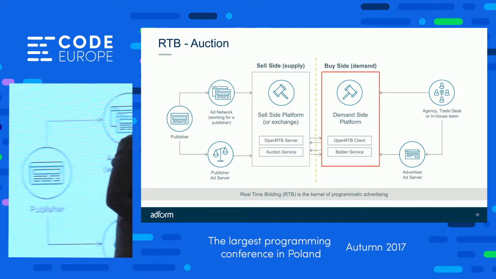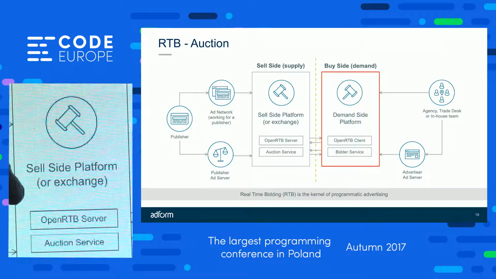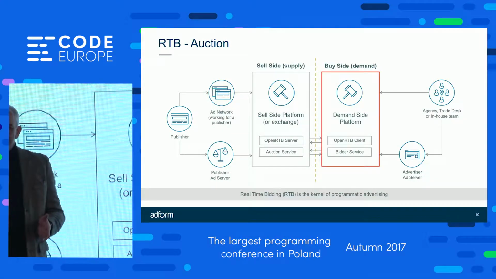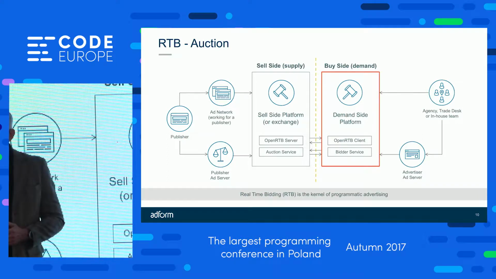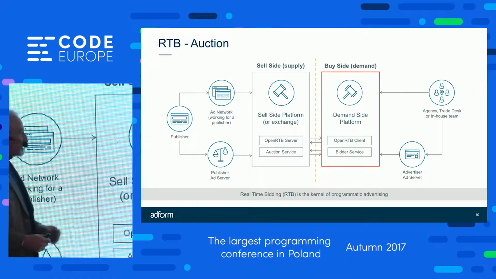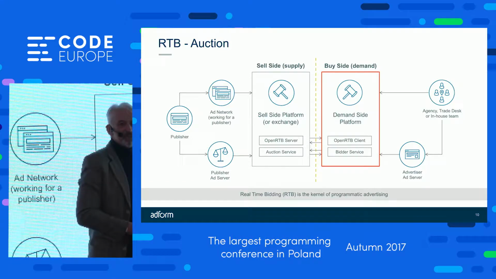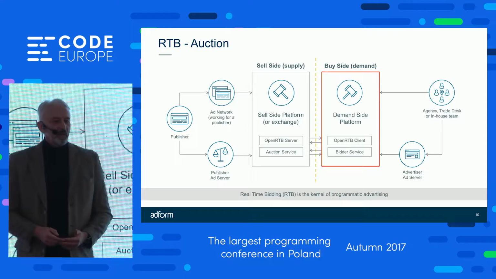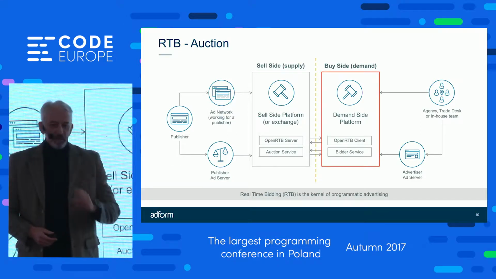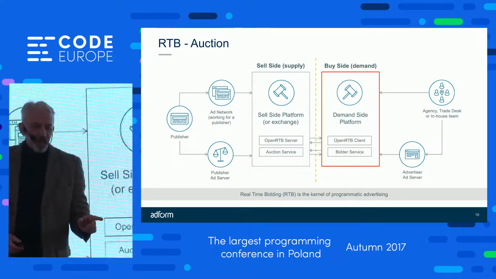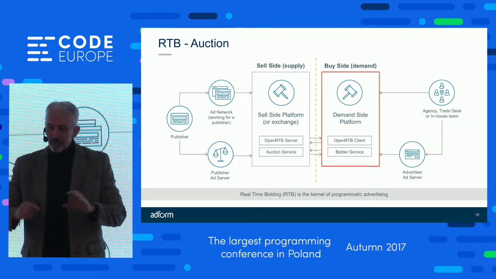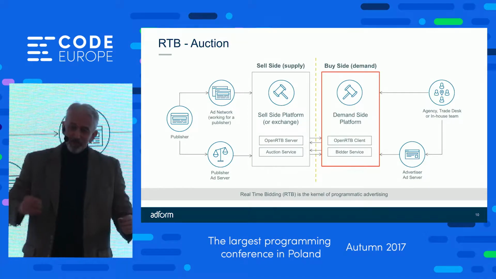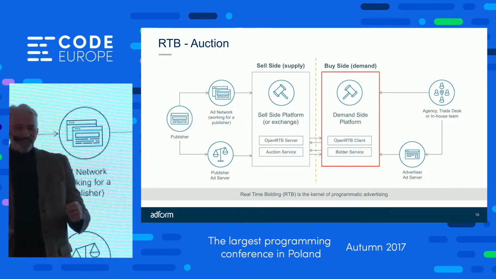On the demand side, this is where we, Adform, and lots of other people receive a bid request. So there's an auction going on in the exchange, and we bid on it. So we get some information about you, like the cookie or the IP address that you have or something like that. And we go, we know this guy, or we know this girl. We don't know your name. We don't know your telephone number. We don't know where you live, because that's illegal in Europe. It's not illegal in China.